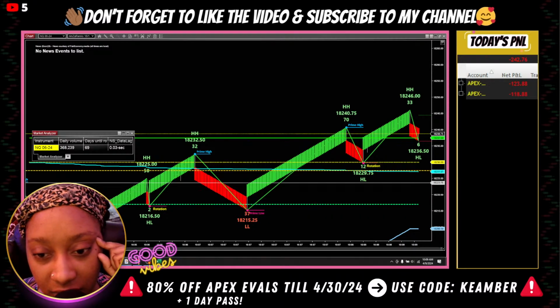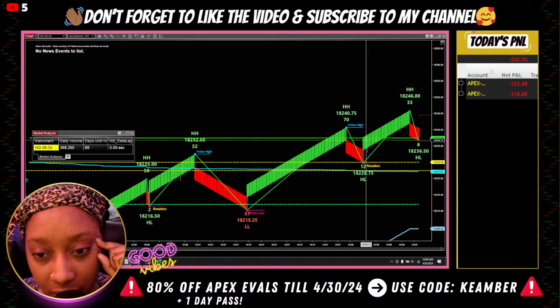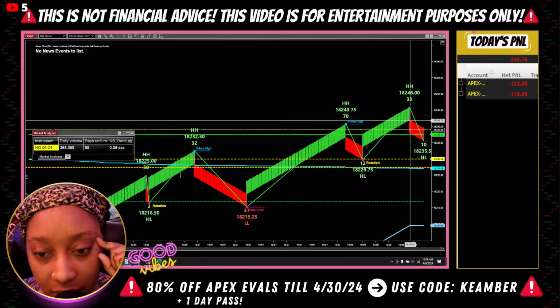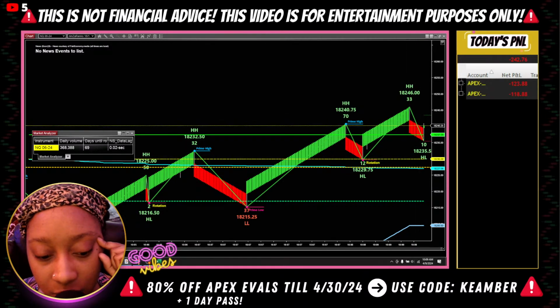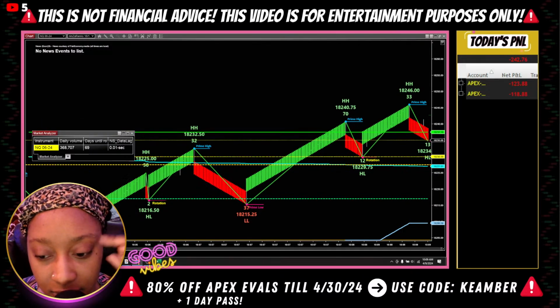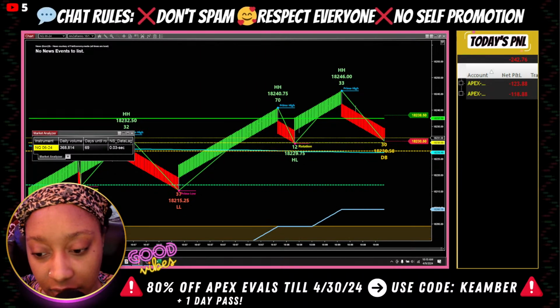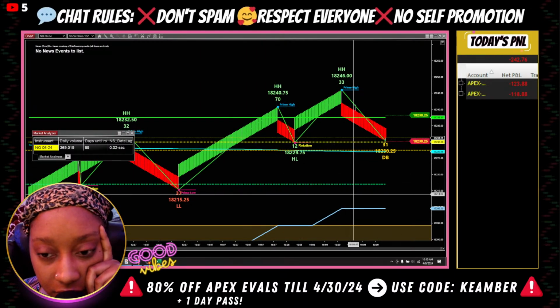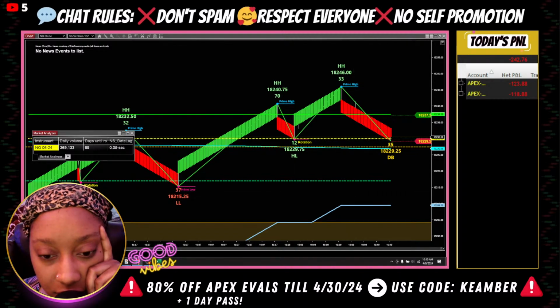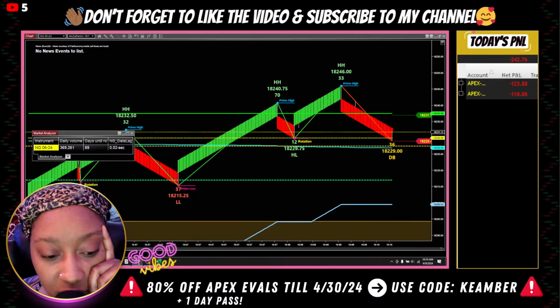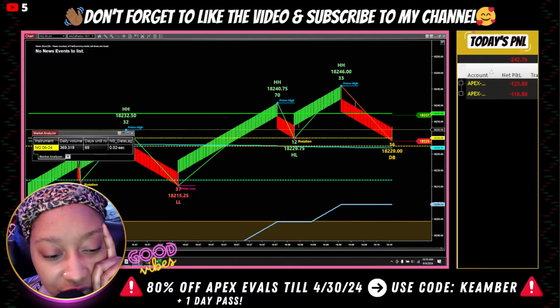All right, this is a weak level, so I needed to actually pull all the way back to 36 before I can even think about getting in. But it's too much volume there, so no trade. All right, let me go see if I can find one, because this is pissing me off. And it's like I don't have too many trades that happen like that.